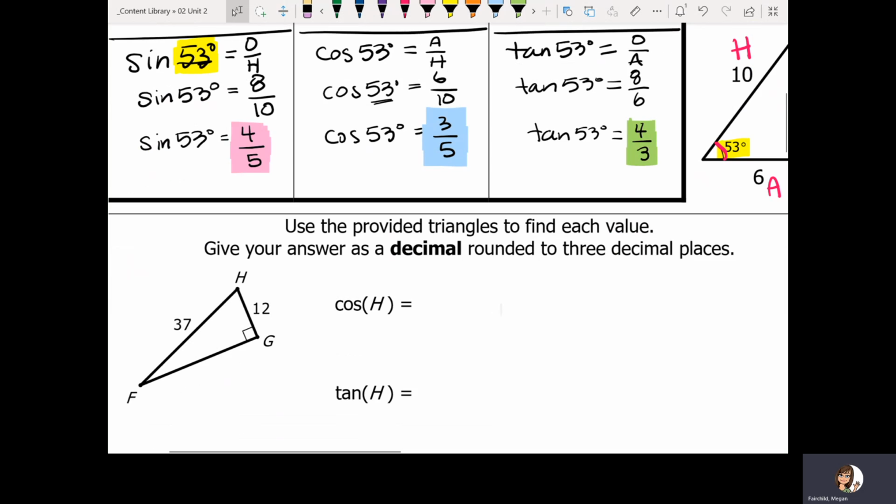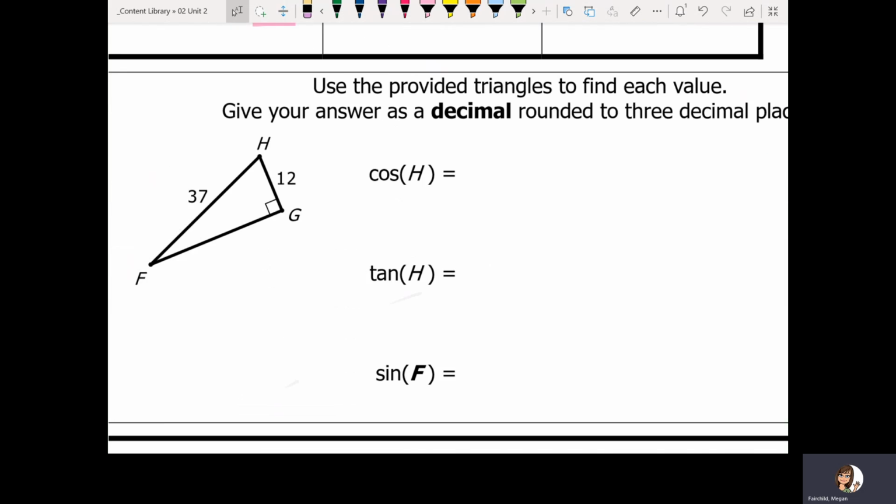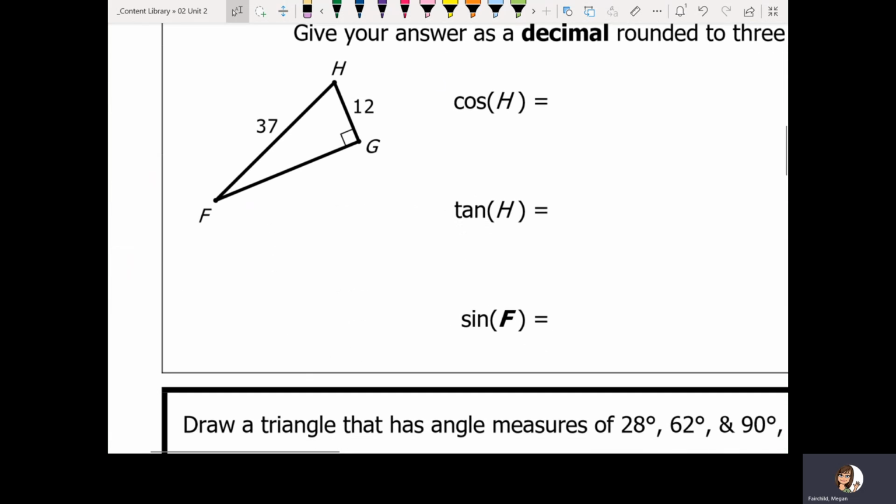Now, sometimes they will ask you for sine, cosine, and tangent, and they won't actually give you the angle measure. They'll just say the name of the angle. This is where people tend to get confused because there's not a number next to cosine, tan, and sine. But it still means an angle. Remember, next to cosine, tangent, and sine is always an angle. So, when we talk about angle H, we are talking about this angle here. So again, we want to think about SohCahToa. So cosine of H,